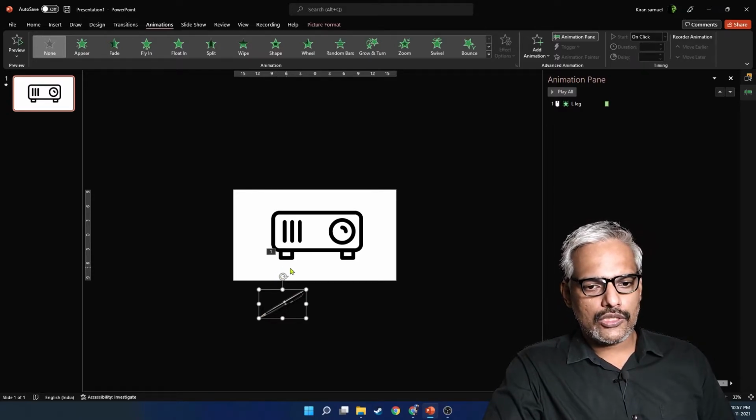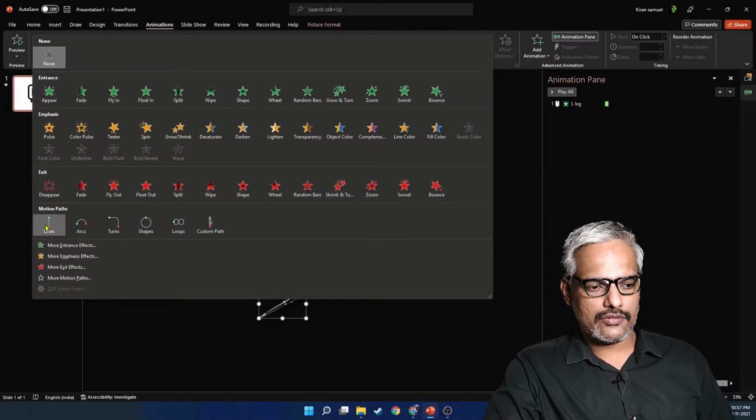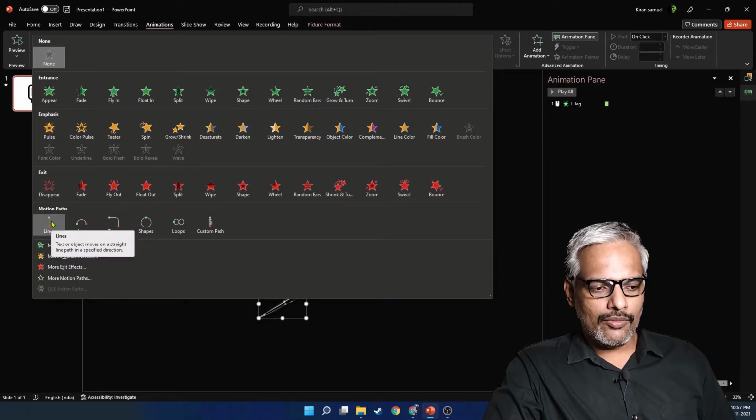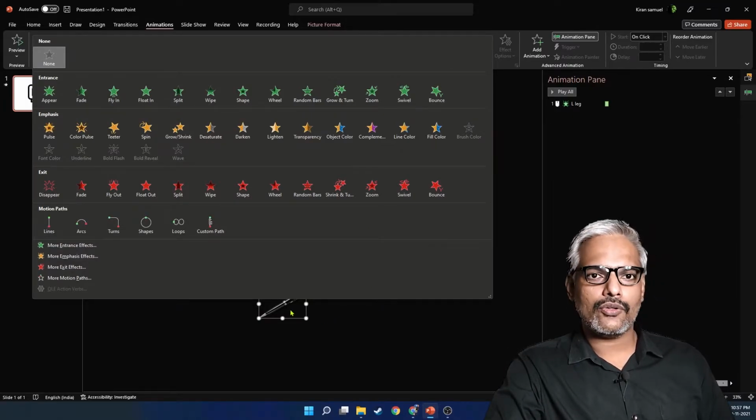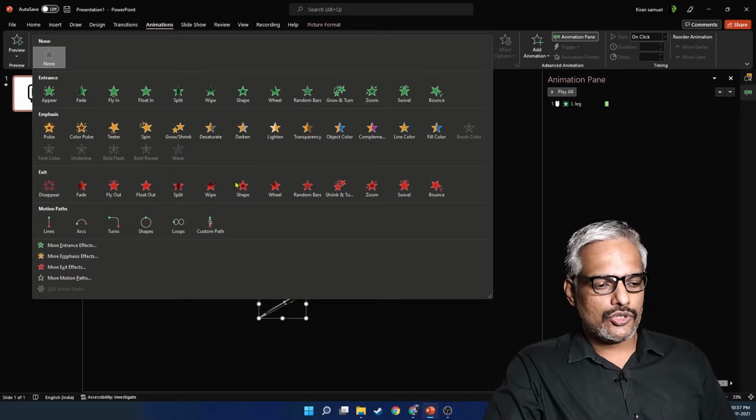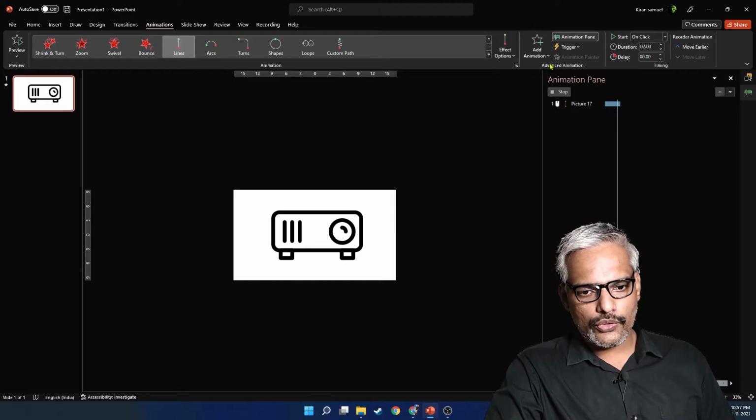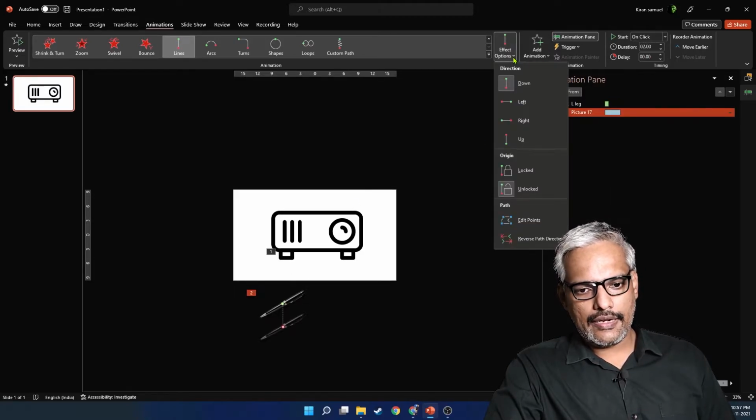So I will select the pen and go into the animation, and we do have something called motion paths, and this is a line. This line means that from the green point to the red point, it is moving. So the pen will move down, at least from the representation, it is meaning that. But what I need is I want to move the pen to the topmost side, right? So I will select this initially, and I can go into the effects option,